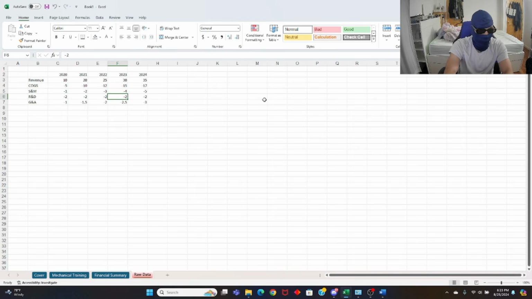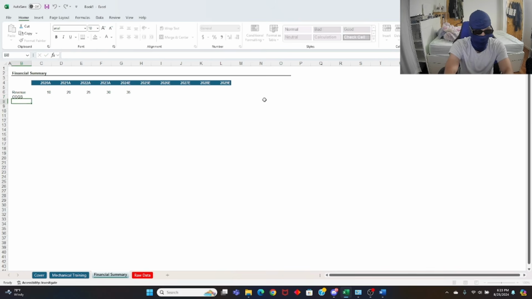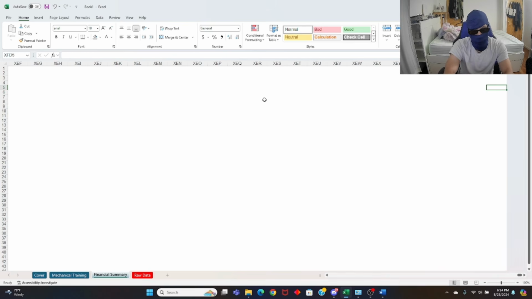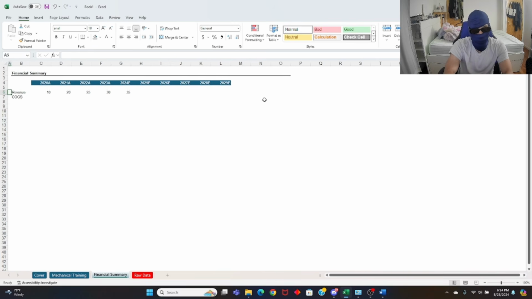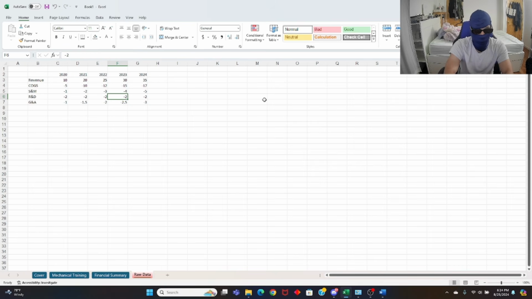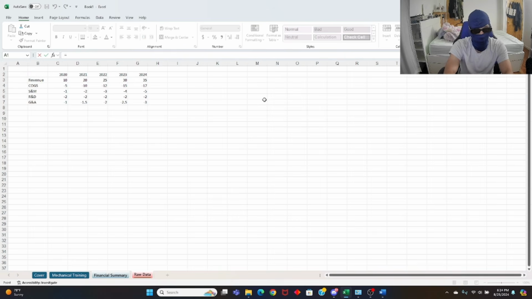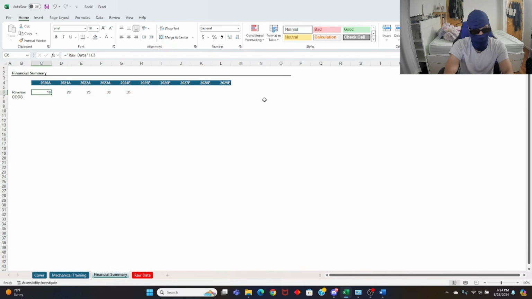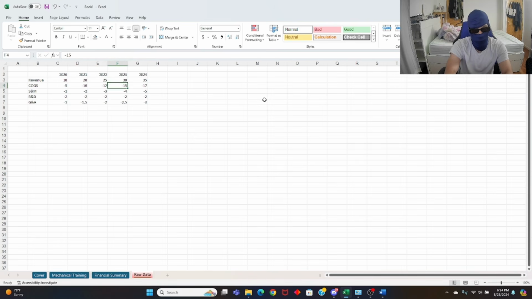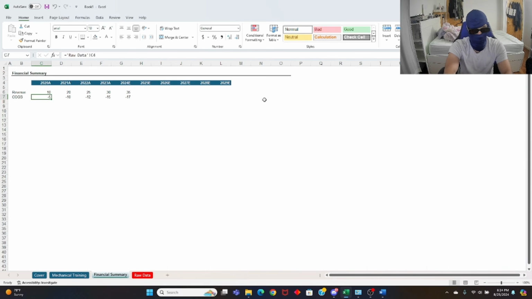And now what do you have next? You have your cogs. You're going to link it again. But because your formula is already linked pretty consistently, you don't really need to do equals and go back here again and link. What you can do is just copy the formulas and bring it down. Because your formula ultimately shifts position, and because they're so close to each other, you can just copy it down and drag it right.